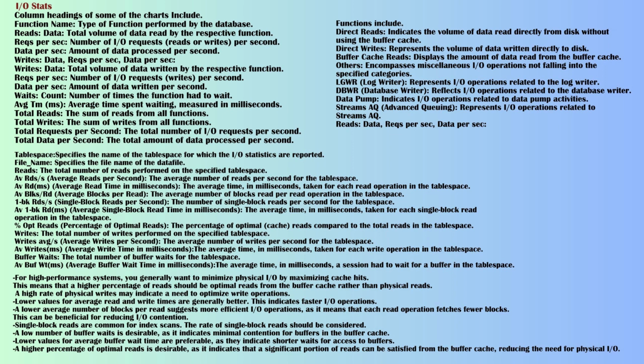AV buff WT, ms, is important, as in a system with low DML activity and a well-configured buffer cache and I/O subsystem, there should be almost zero buffer waits. Buffer wait helps us see how much sessions/processes have to wait for a buffer which is read into the buffer cache. AVRD, ms, columns must not exceed 20, otherwise it is worth involving your OS team and hardware vendor to investigate